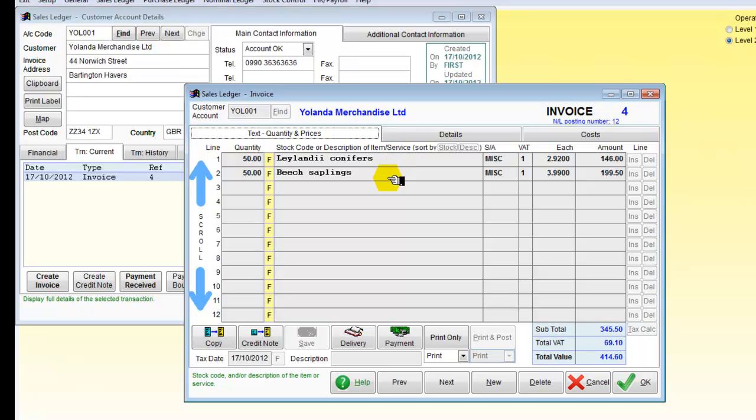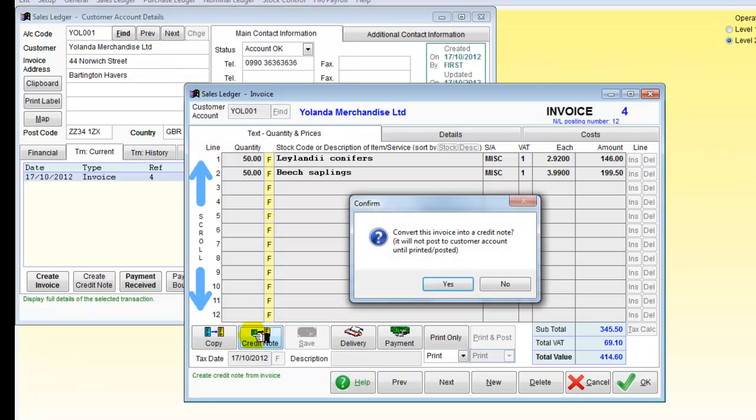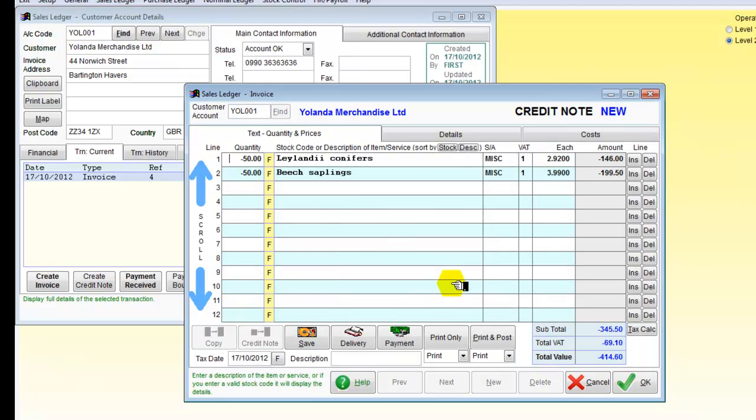Now if we go down and look at this invoice here, what I can see is a credit note. So I can in fact create a credit note from the invoice. And it says, do I want to convert the invoice into a credit note? It will not post the customer account until printed or posted. Yes, I do want to do that. Now I don't want to actually take off minus 50, I only want to take off minus 5, so I'll do that